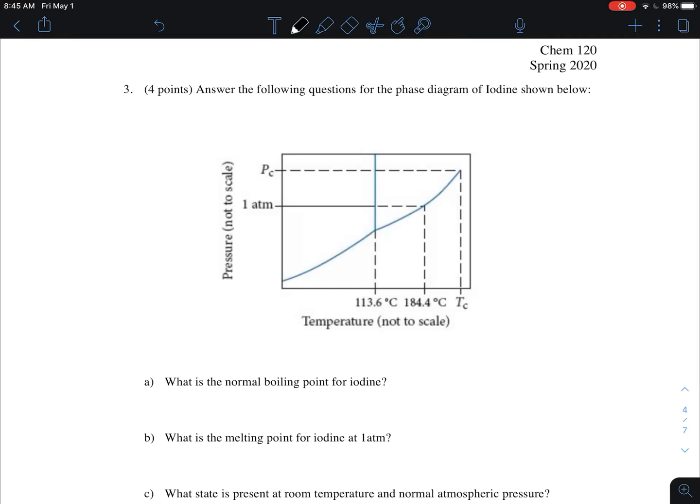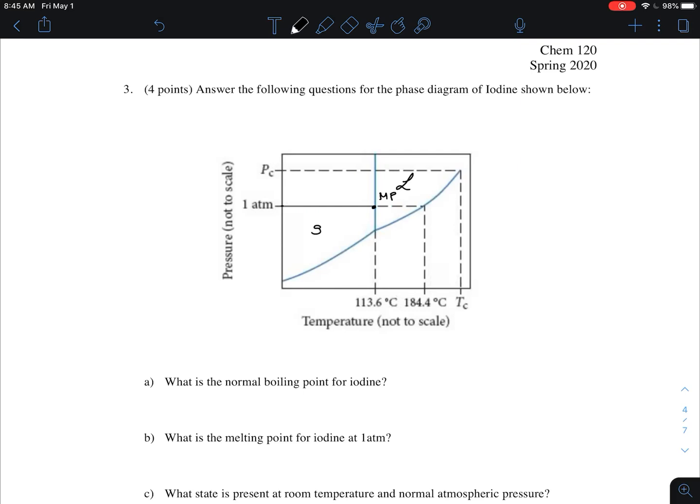Alrighty, answer the following questions based off of the diagram below. So we have a phase diagram. We know the phase diagram is solid, liquid, and gas. So let's label this first. Well, I know that anything at 1 atmosphere with a temperature is my melting or boiling point. So 1 atmosphere to